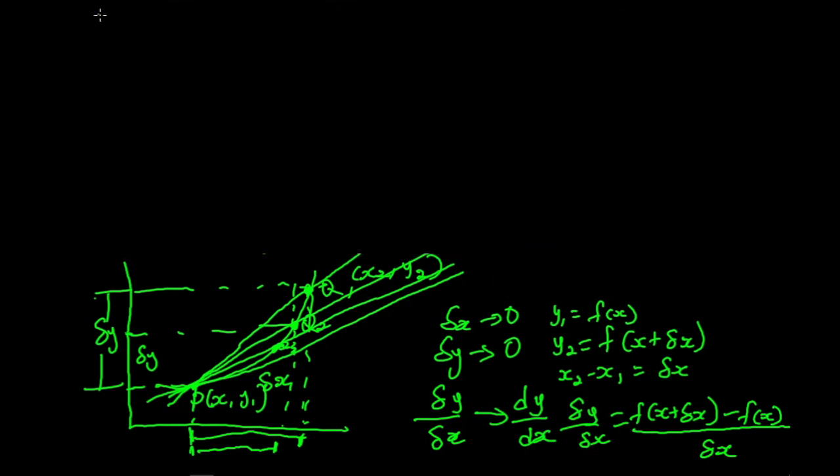So we have delta y over delta x to be f of x plus delta x minus f of x